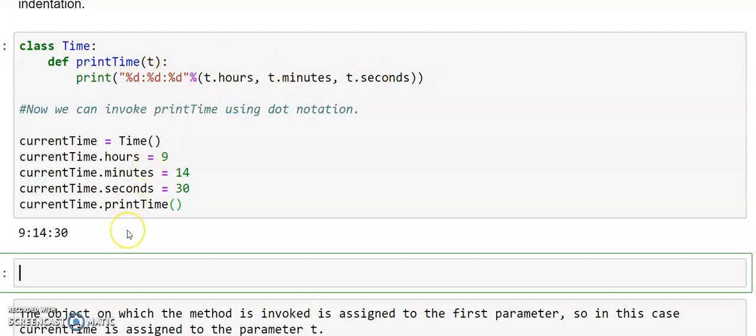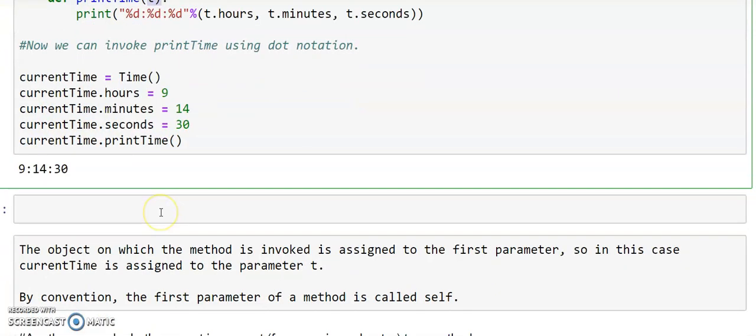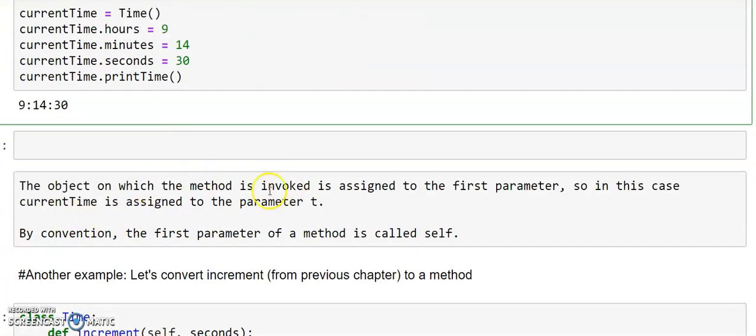But if you have two times or two objects, the first object is mentioned here with the dot operator to invoke the method, and the second object has to be written as a parameter for the function. You can have any number of objects written as arguments for the function, separated with a comma. But while receiving, all those objects have to be written separated with a comma, including the first one which we are using to invoke the method. That's what has been discussed here.